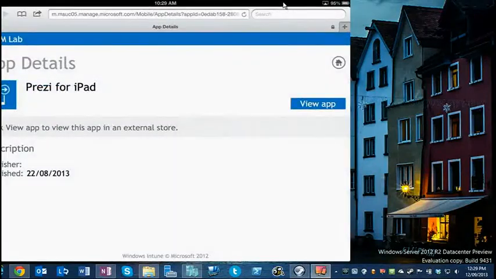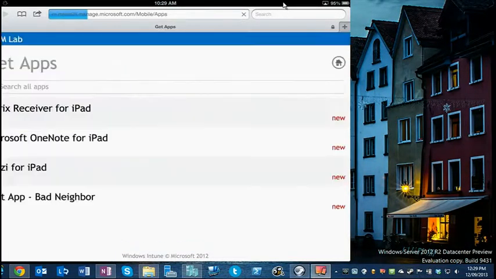Instead of that, my other option, if I go home, apps, the bottom one, test at bad neighbor, that is actually the equivalent of a locally developed application. So I've actually got the IPA file and it's signed. What I've done within SCCM is just made a new application like I would any other, an MSI or an AppV. I've pointed it at that IPA file, and I've distributed the content to the distribution point